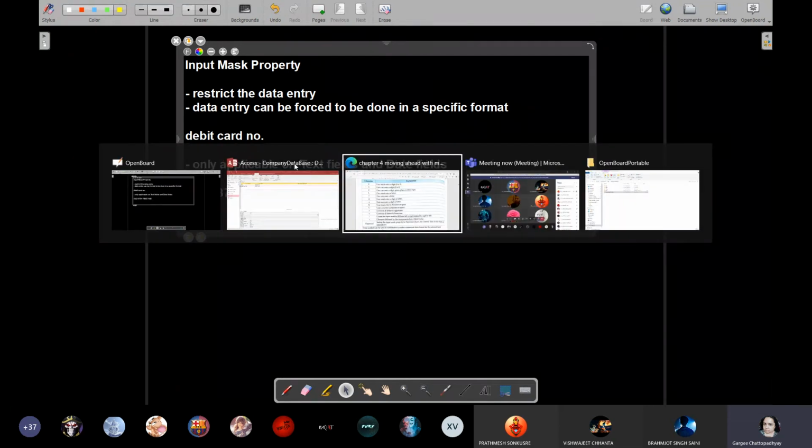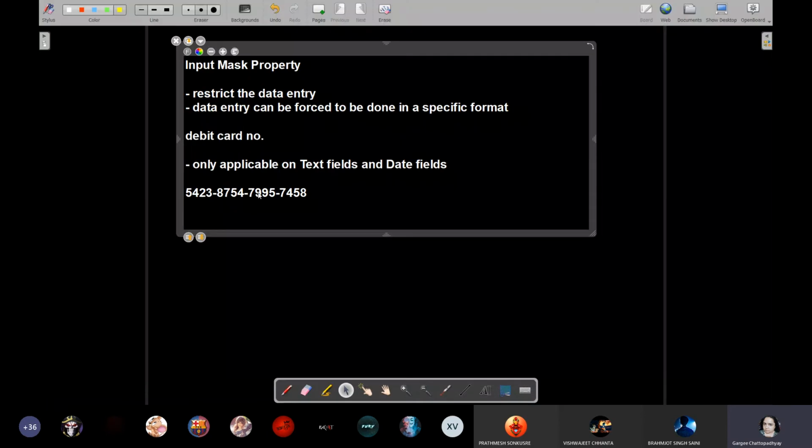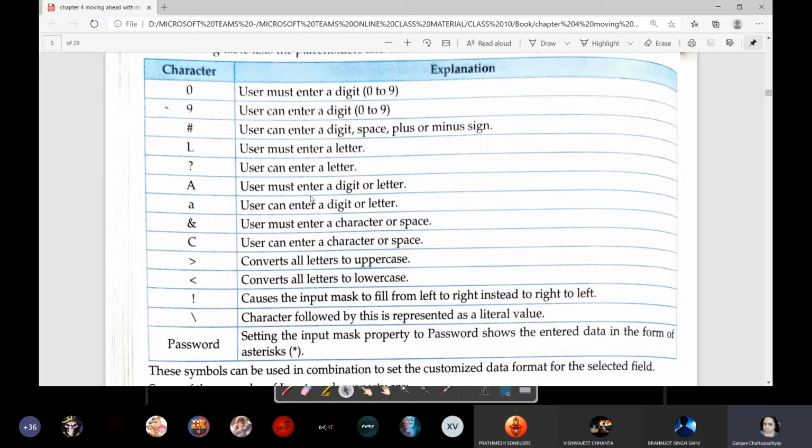So if I come back to the table over here, I have 2 such characters. One is user must enter a digit and the other is user can enter a digit. Now the thing is, in a debit card number, it is compulsory to add 16 digits. All 16 digits are compulsory. Understood? So out of 0 and 9, which one should I use?